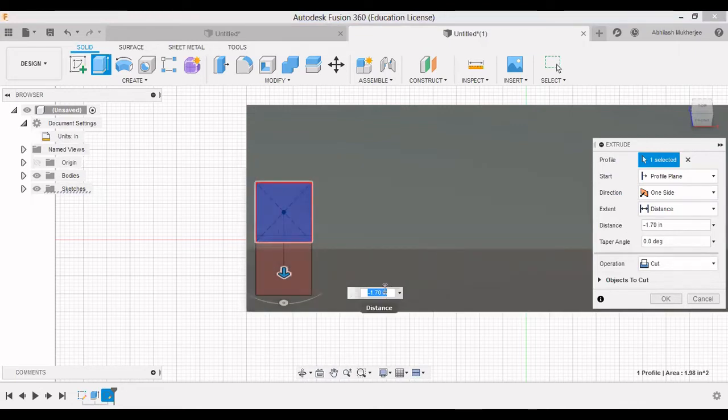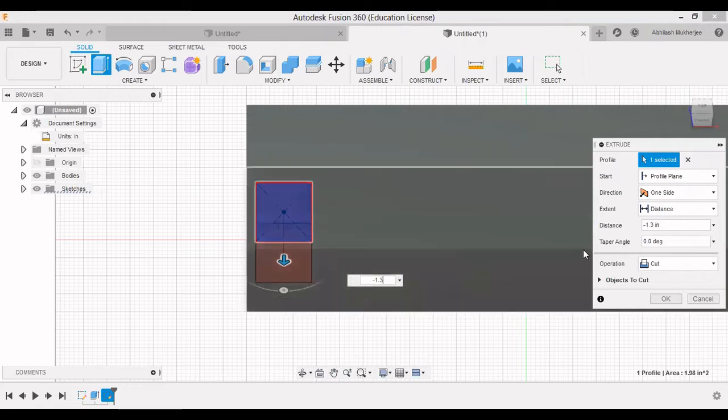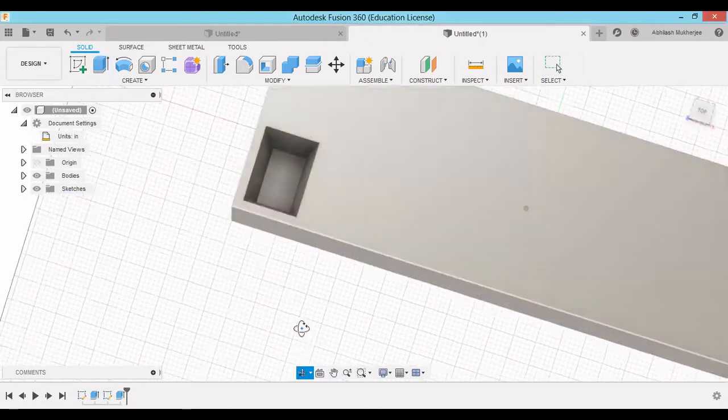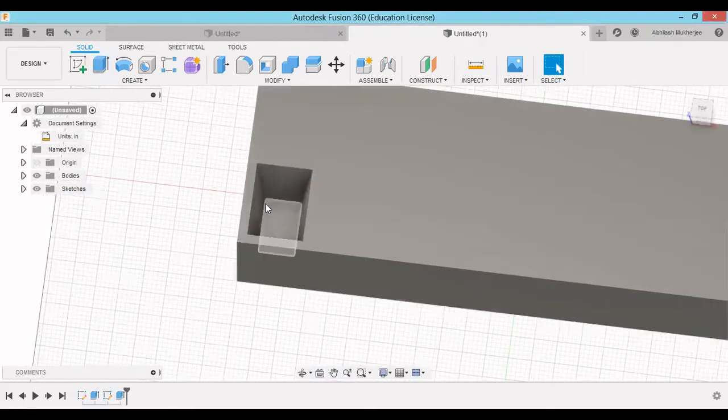Let's say we want an extrude of minus 1.3 inches. And we need to give a minus 10 degrees of taper to give a certain shape to it so that the ice can pop out of it. And it should be set on cut only. Then press OK.